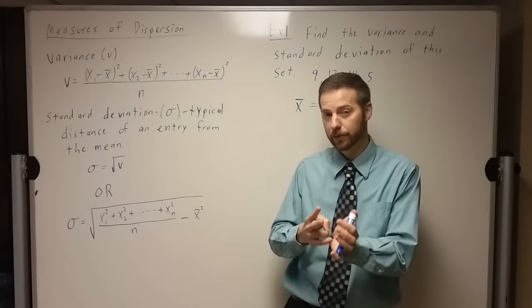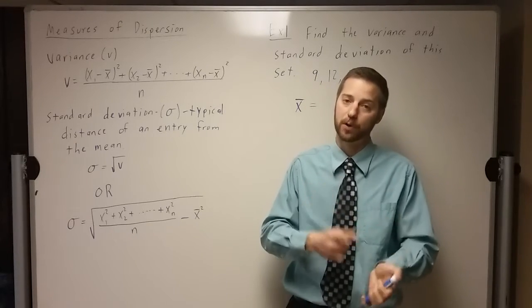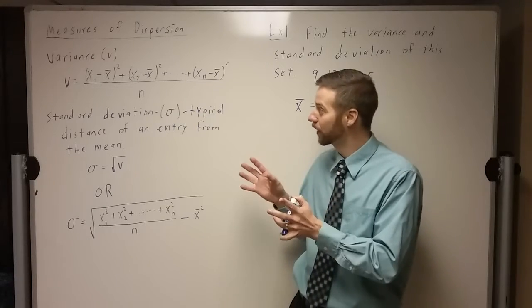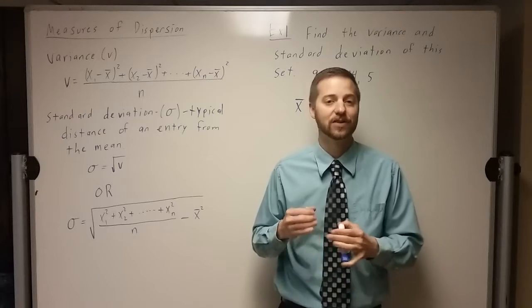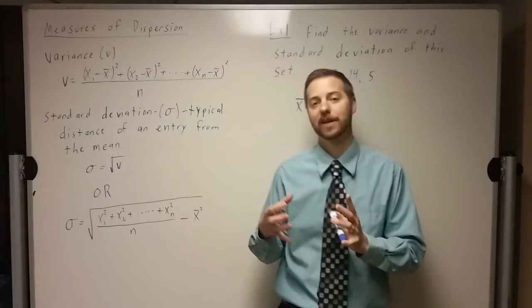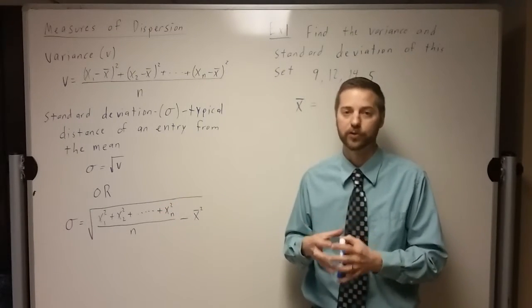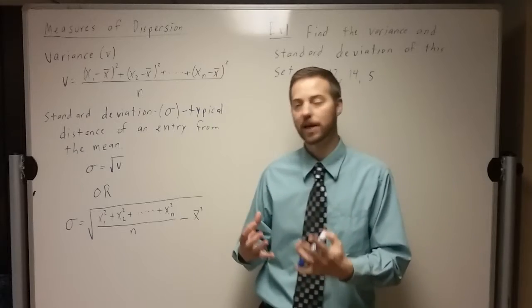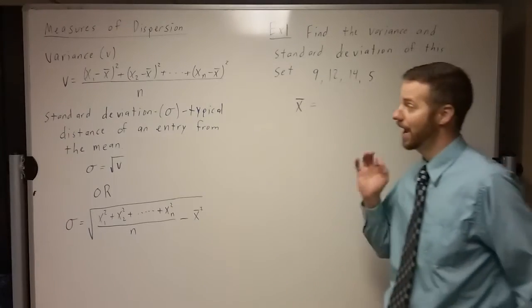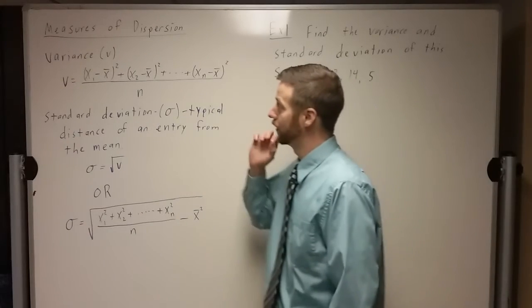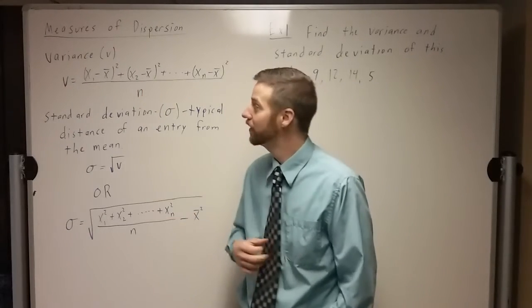Now, to be completely honest with you, standard deviation is the most important. We're going to see that variance is kind of a step along the way to get standard deviation. It's not reported nearly as often. Standard deviation is the one that is most of the time reported in a study. So we're going to see if we can find out what these things are and how to figure them out. So variance is